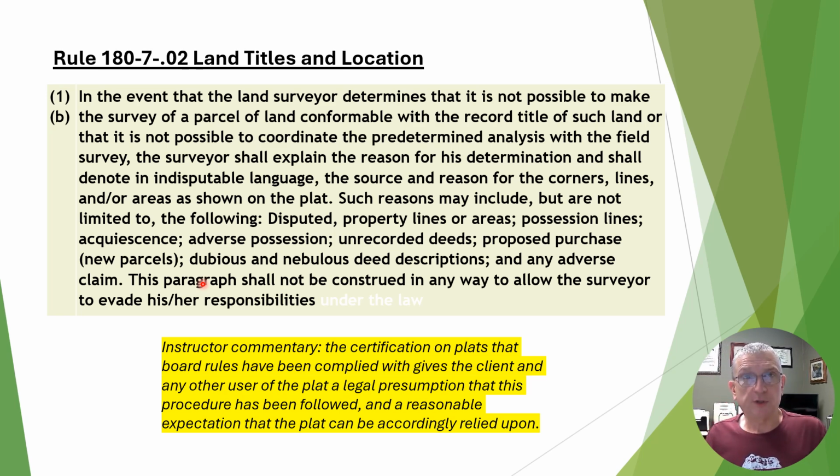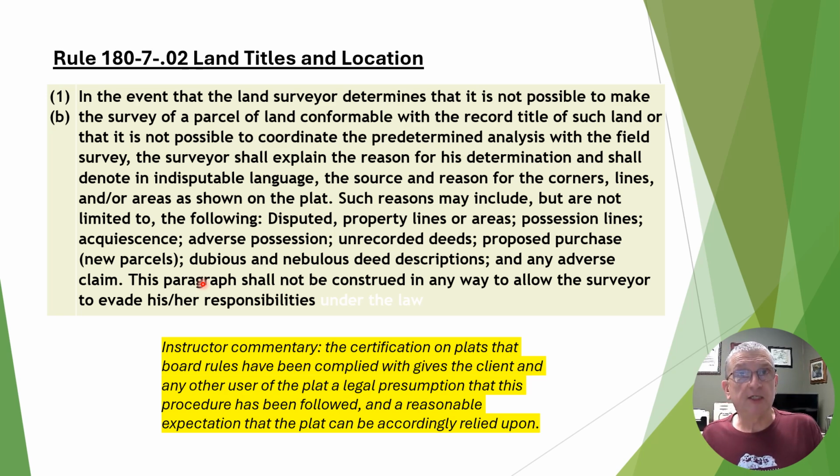Someone, our client, their attorney, future buyer, lender, title underwriter, is going to look at that. Let's just say that piece of property is supposed to be not 100 feet wide, but after a senior conveyance, there's only 98 feet left, so our survey shows 98 feet. Well, that leaves people to wonder, where's the other 2 feet? Which side is it on? Where did it go? What's going on? So that would be a situation to where our final determination would not be conformable with the recorded title boundary of our property, because it calls for 100 feet. If 98 is where we think the true and correct corner is, because the senior adjacent conveyance took that away first,